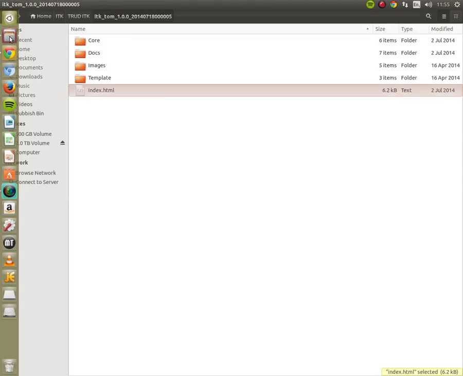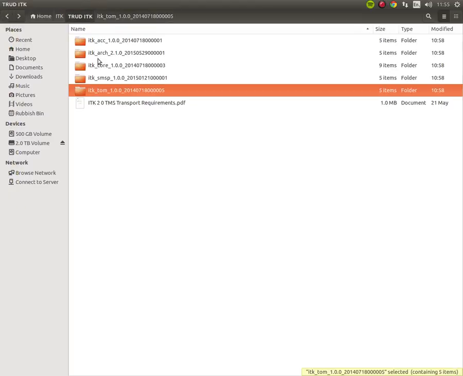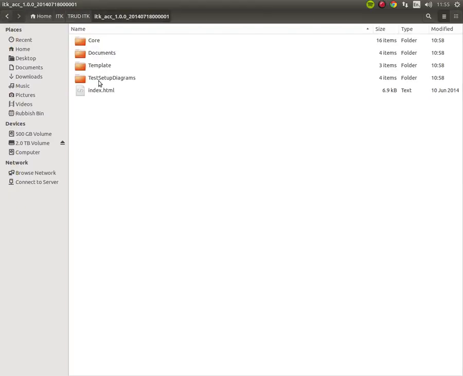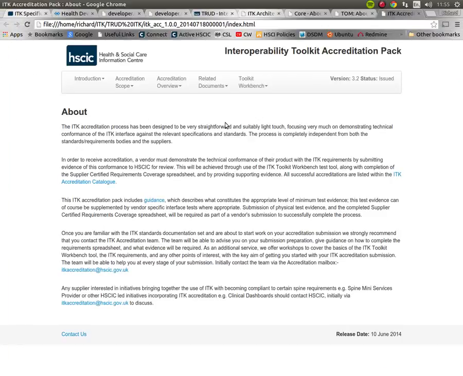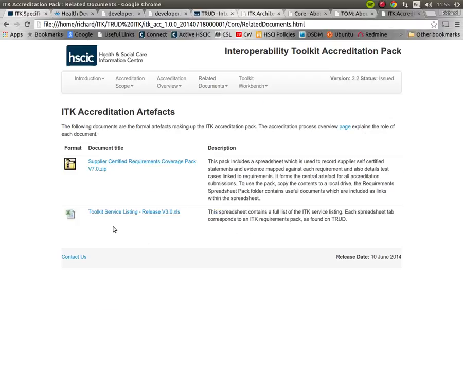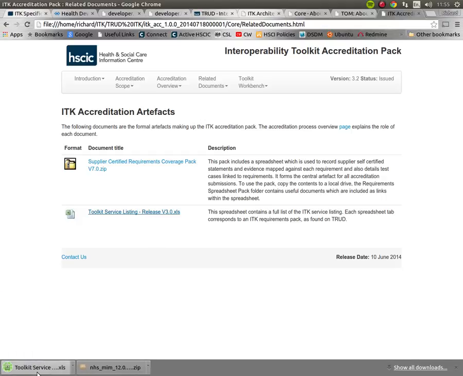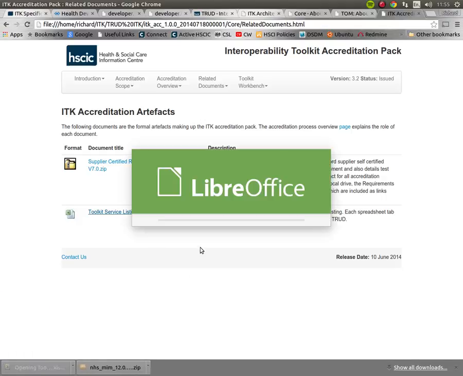The accreditation pack that's downloaded, let's open this up. So the accreditation pack contains some related documents, and it contains something called the service listing spreadsheet. And the Toolkit service listing spreadsheet